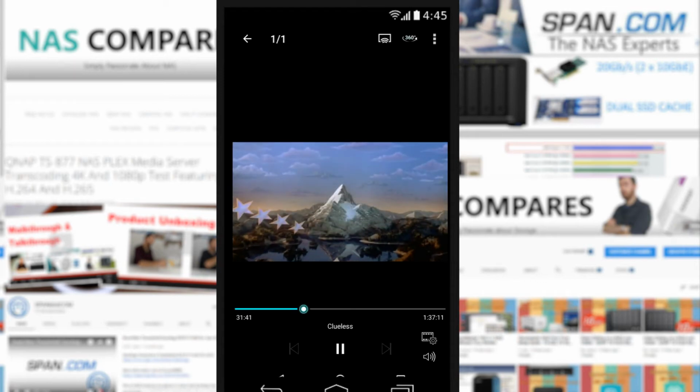We can fast forward, and again we are on LAN, so do bear that in mind. But skipping forward has already produced a little bit of a lag factor there, and again, this is why transcoding is such a big deal, because some of these files are so big, and my mobile device is going to struggle to play these files back. But if we go back to the beginning,